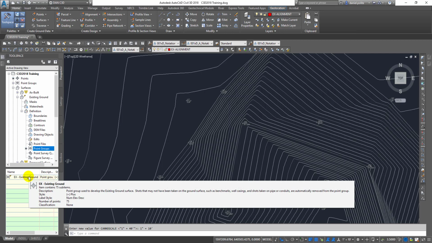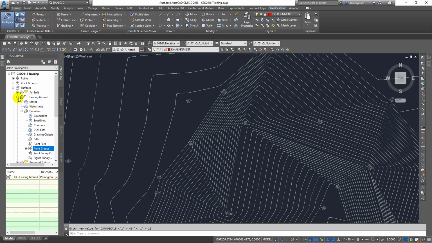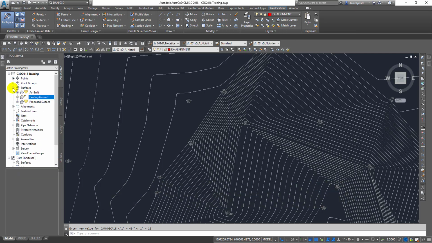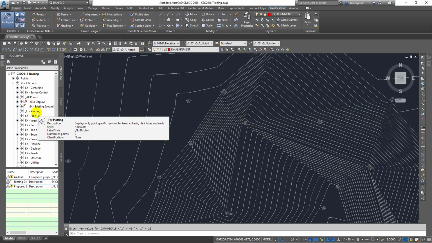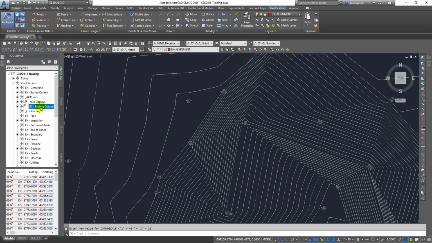So we need to go into our existing surface point group and adjust that. Once you go into your existing ground point group, if you right click properties,